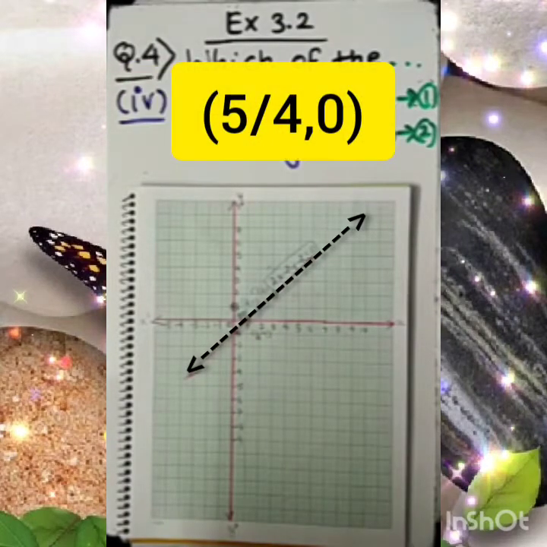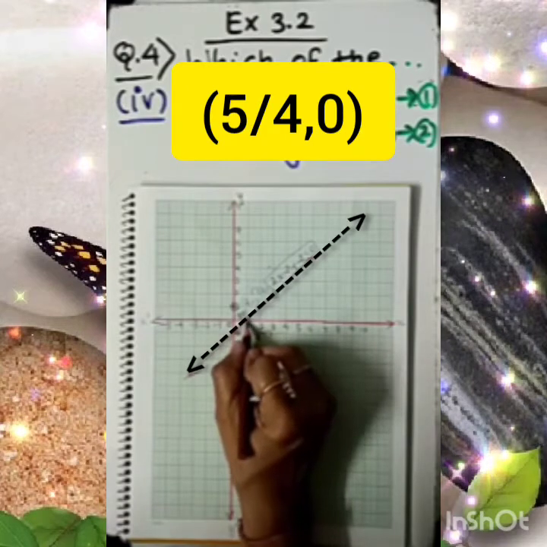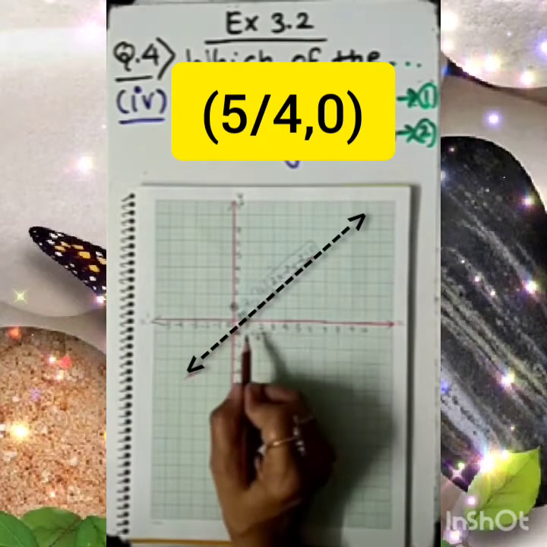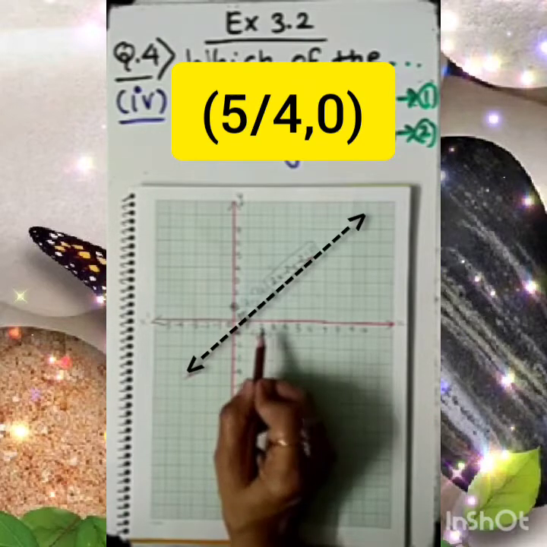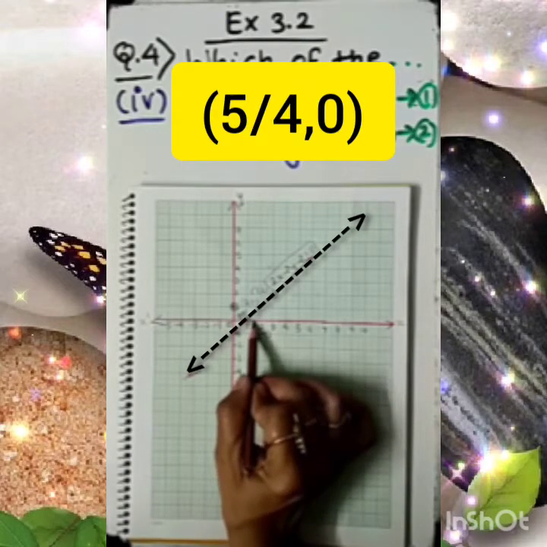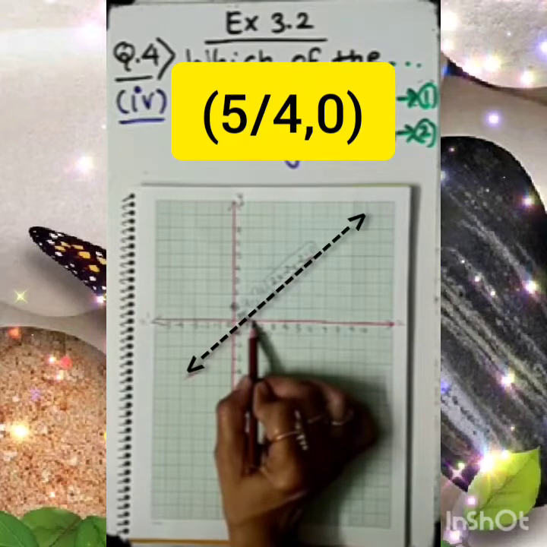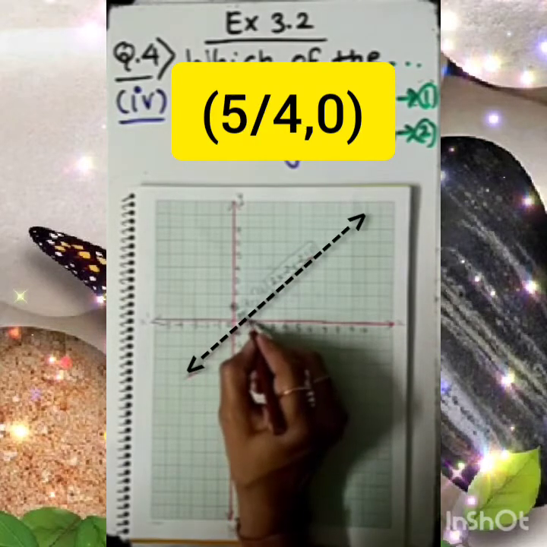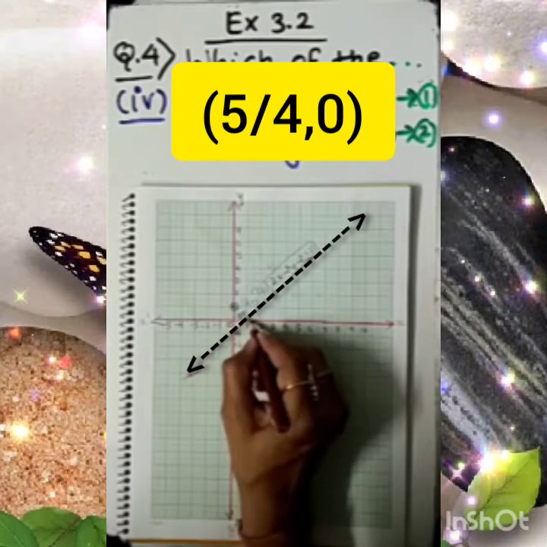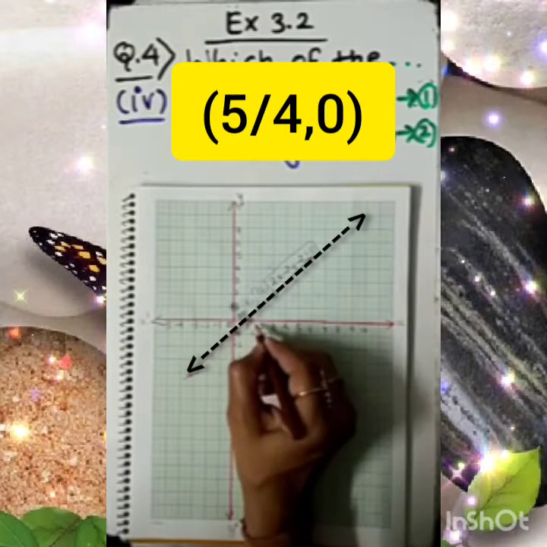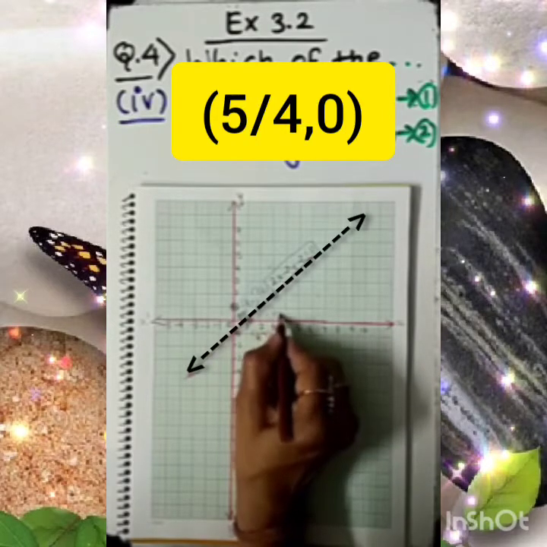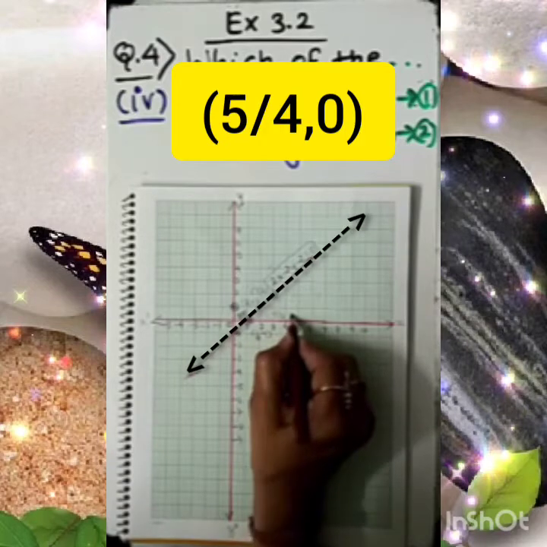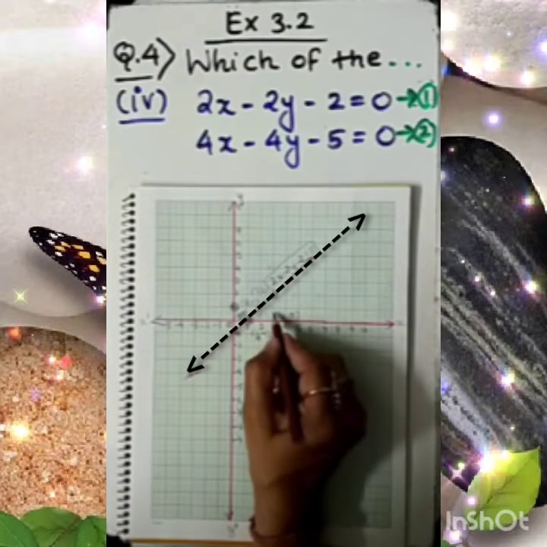Here one more point that is with us: 5/4 comma 0. If you simplify 5/4, divide, then you will get 1.25. Right? 1.25 will be located between 1 and 1.5. Agree? Look at your screen. This is 1. This is 2. Now where I am showing you with my pencil, this is the midpoint of 1 and 2. That is 1.5. Clear? But just between these 2 points you can locate somewhere the point that is 5/4 comma 0. It will be on the axis.